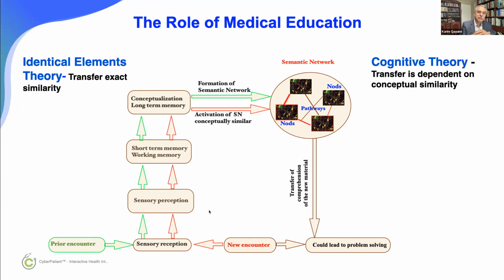But people have asked Hafting, what if the secondary encounter is not exactly the same or identical to the primary encounter? In that case, people have developed the cognitive theory of transfer. What the cognitive theory of transfer is saying is that the prior encounter should not need to be exactly the same as the second encounter. It could be similar to the second encounter. The brain will go and pick up something that is similar, they have seen this before, and build on that to build a new semantic network.